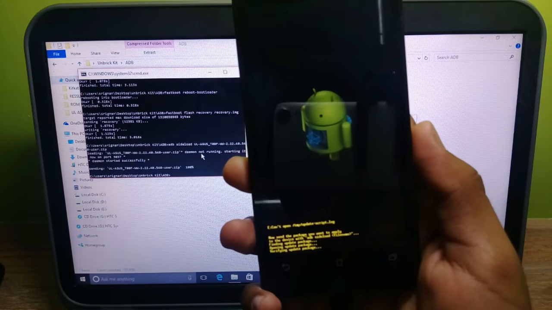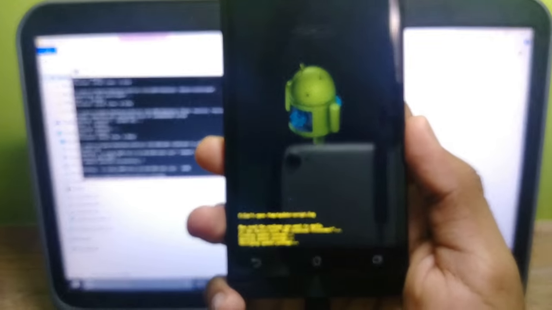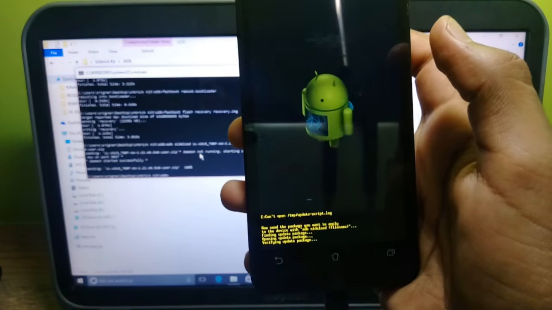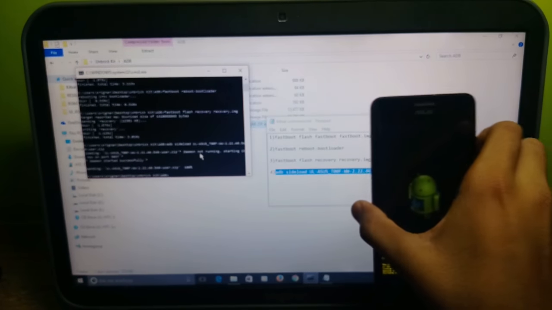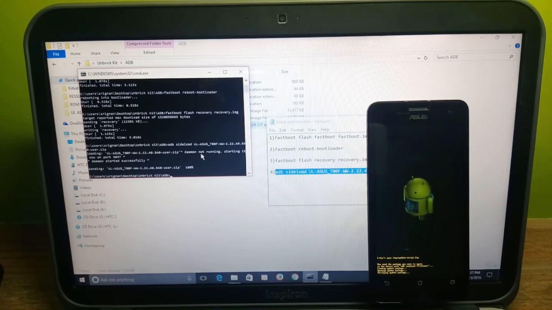So guys, the package is sent to our phone, and please be patient. It's actually extracting the package and installing the package, that is KitKat version 2.22.40.54.